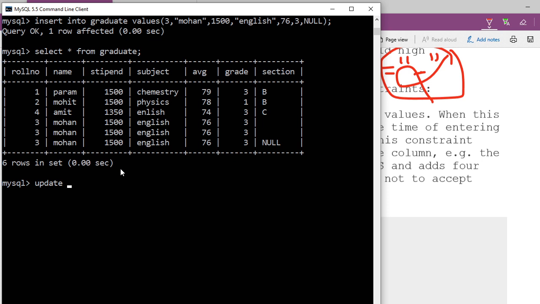Update graduate set section equal to A where section equal to null. This I'm going to write.